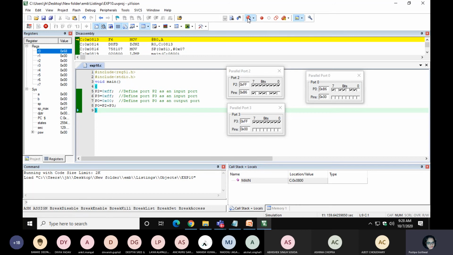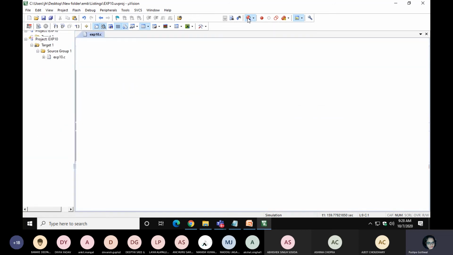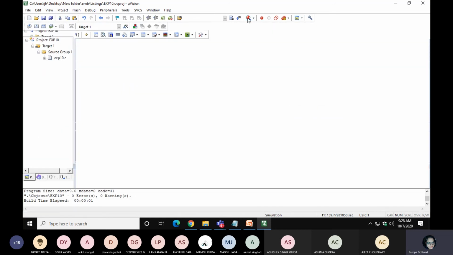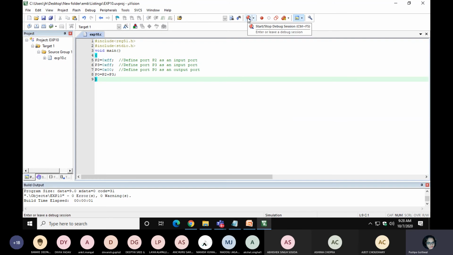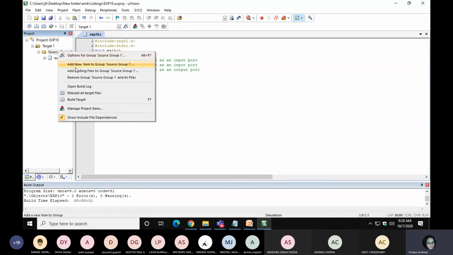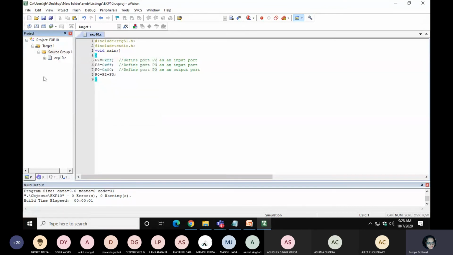Just click here, start stop debug, and come out of this. Now the next thing: if you want to perform a second experiment, you just have to remove this file and create and add a new file, because at a time the compiler can compile only one file. If you add two files and try to compile, you will not be able to debug.